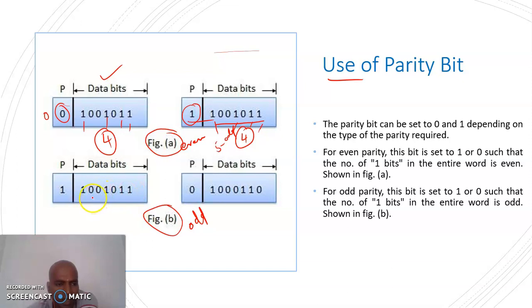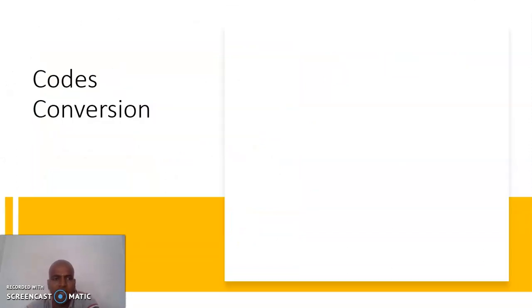Similarly, if I want to convert this data into odd parity, again here 1, 2, 3, 4, there are 4 ones, so I need to add one more 1. Now there are 5 ones in total. Similarly, in this one, 1, 1, 1, there are 3 ones, so to write it as odd parity, here you need to put 0. So odd parity and even parity depend upon the number of ones present in the given data bits. According to the conversion, you can include or remove ones in the parity position.